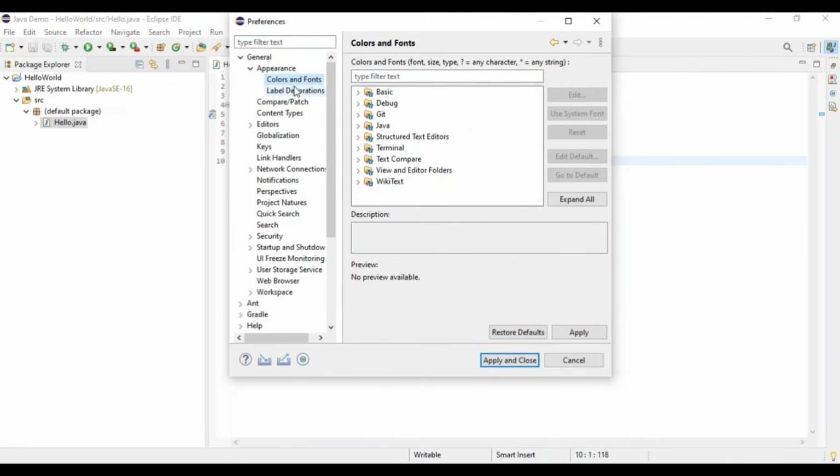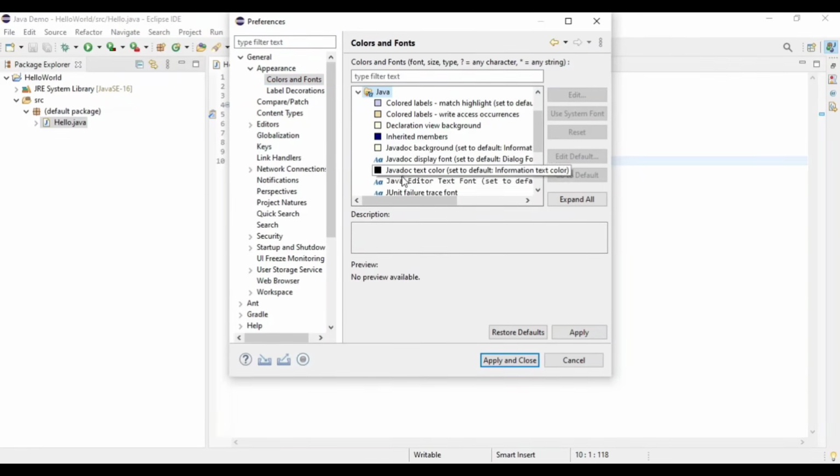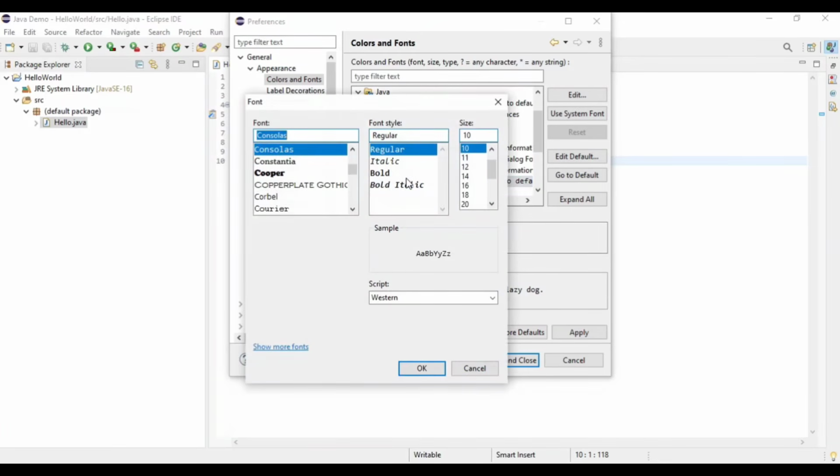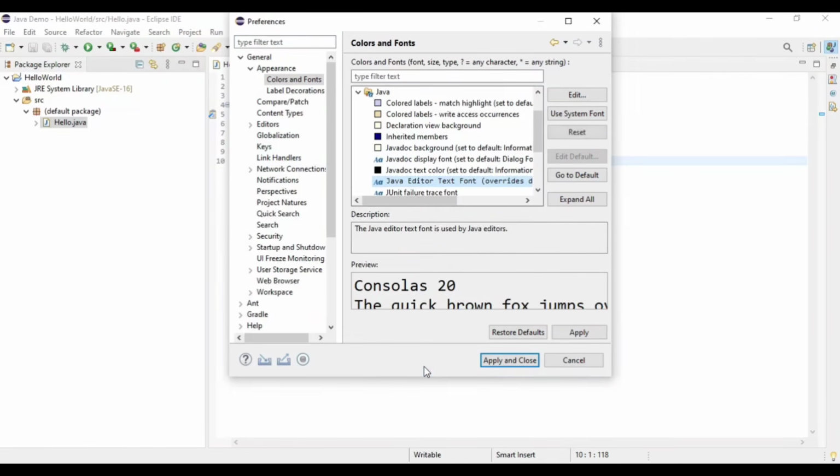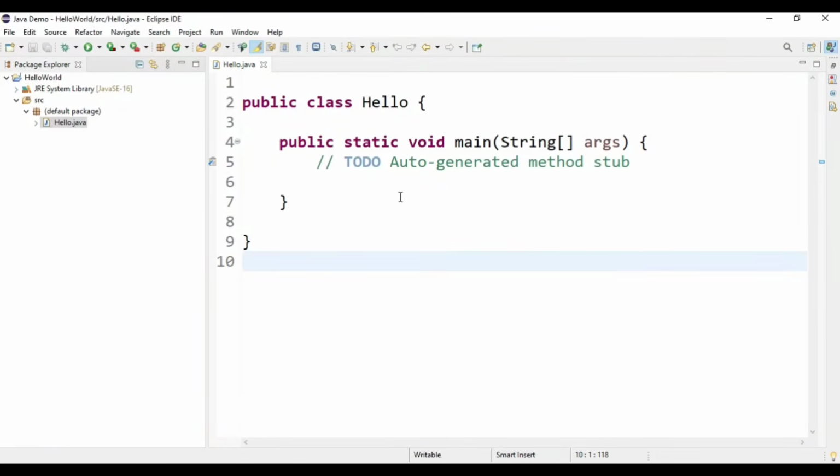Select Colors and Fonts, then go to Java, and here there is the option Java Editor Text Font. Just click on that and select the option. Let me take it as 20, then Apply and Close. Now you can see my font size has been increased.